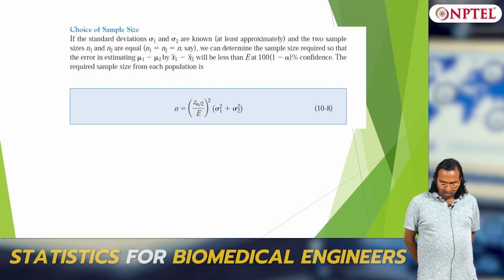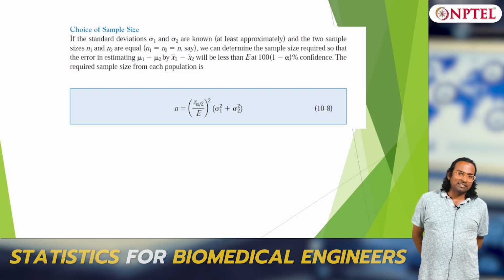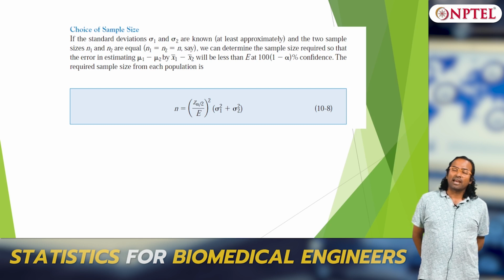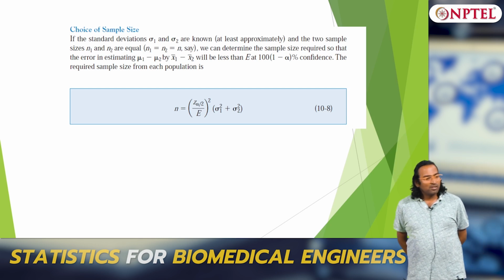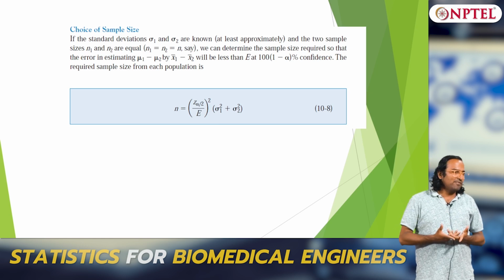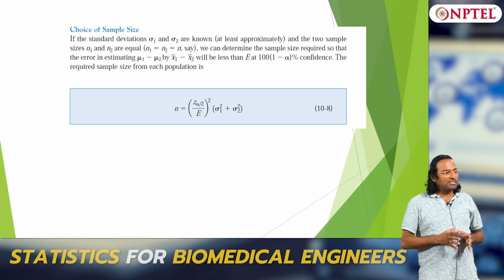Huh? n1 and n2 are equal. If they are different, then you will have trouble, because your sample size becomes a combination, right. The problem is you are asking for one sample size which will reduce my error. Let us say I want to be 95% confident that the error, x bar, mu1 minus mu2, is within the limits. So you are asking for a sample size. So n1 plus n2 should be equal to n.